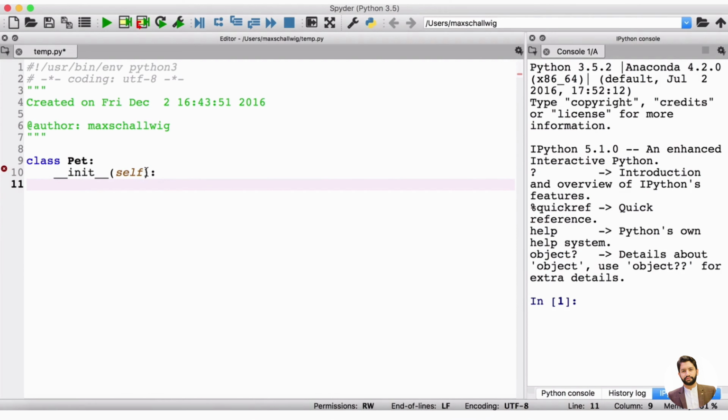To assign the name to the pet class, we actually have to do self.name. Now this makes name a property of the pet, because we have the self here. The self makes name a property of the pet. And we have this dot here because it's acting on itself, and we're creating the variable name. We'll define these in a second, but let's just write them down first. So this will be the first variable, name. The second variable is, let's give every pet an age too. So we'll create the second variable